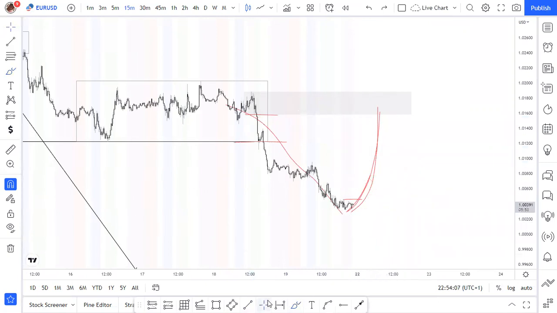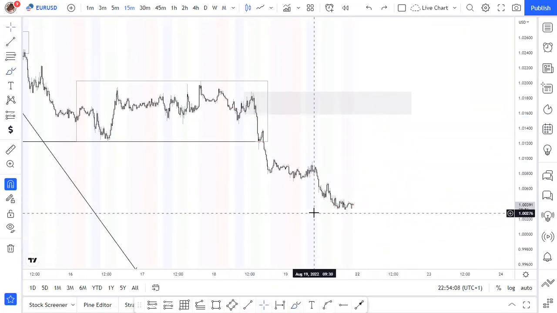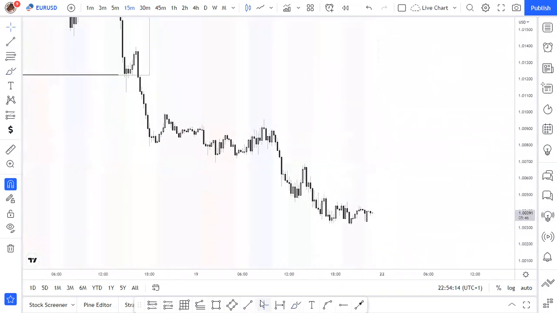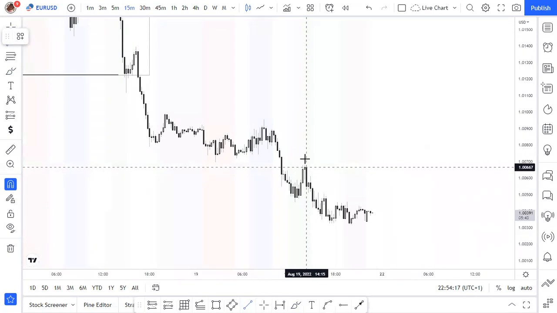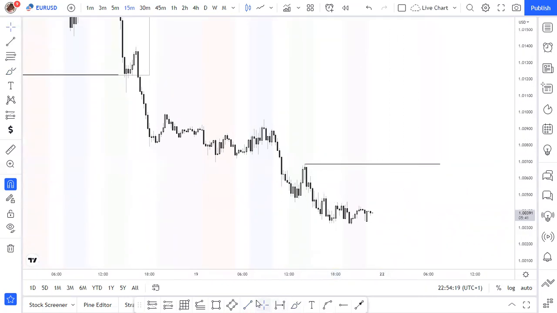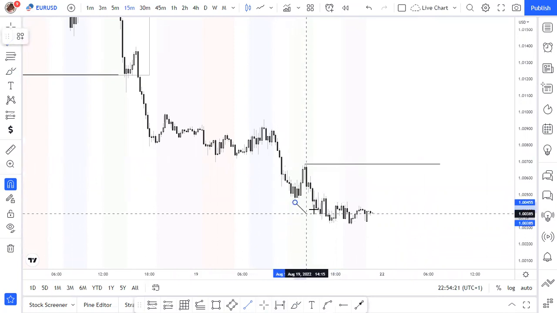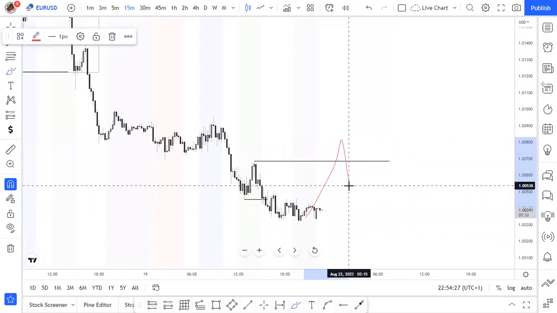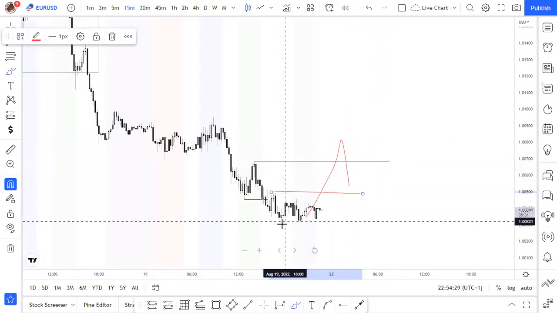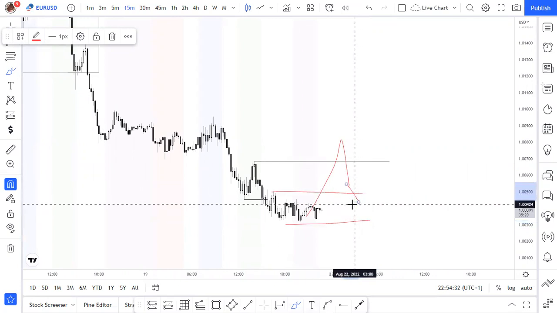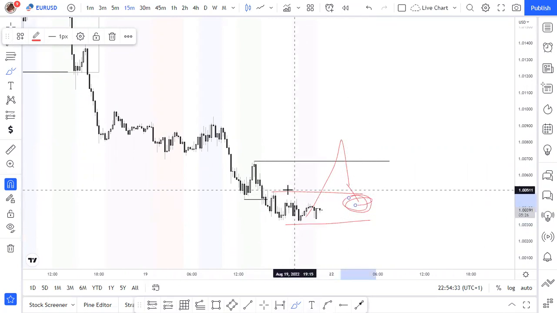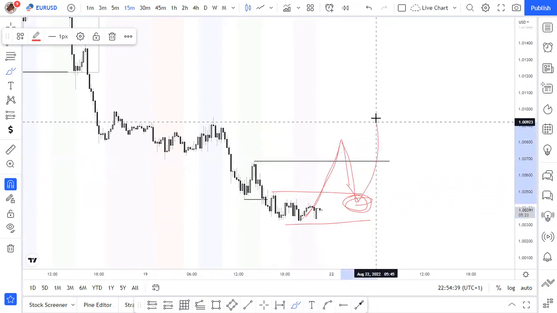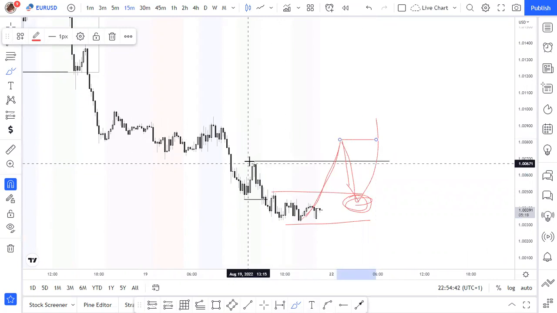So let me just move the chart up. We'll say that consider this our last lower high here. So if price breaks above this high, then we can maybe look for a demand range somewhere here. Then look for 1 minute entries somewhere within that. If this happens, if price breaks this high, or we can then wait for price to confirm this bullish break